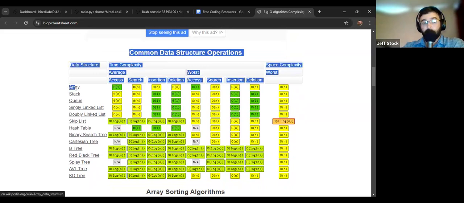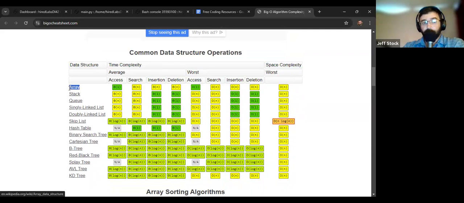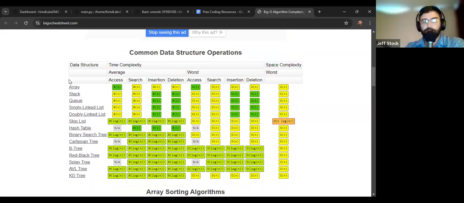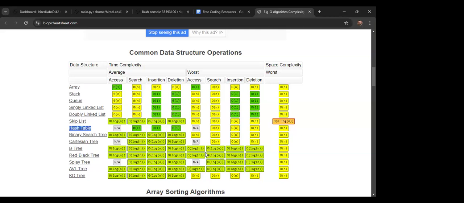Some of the ones we've already talked about are on here, like array. Remember what this is? Anybody, array in Python? What do we call them? List. Yes, very good. So whenever you see array in general computing terms, in Python, that's a list. And then we also talked about this one, hash table. In Python, what do we call hash tables? Anybody? I'll give you a hint. Hash tables have key value pairs. Dictionary. Dictionaries. Very good. All right, cool.